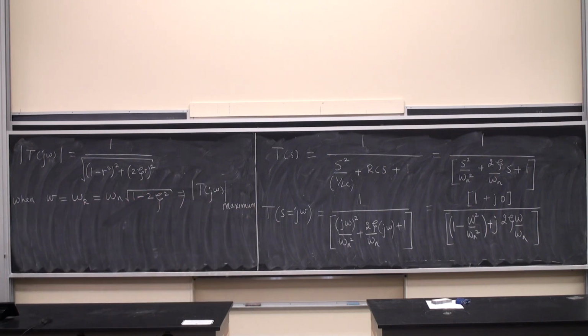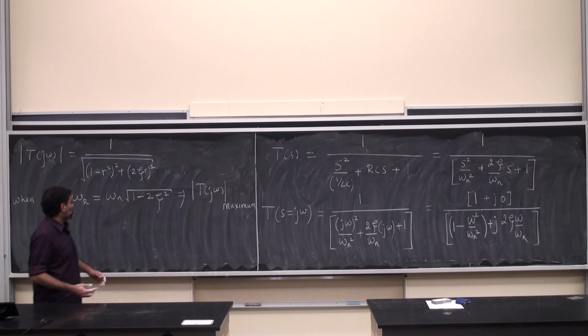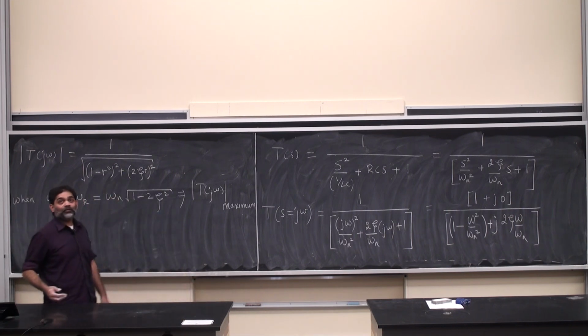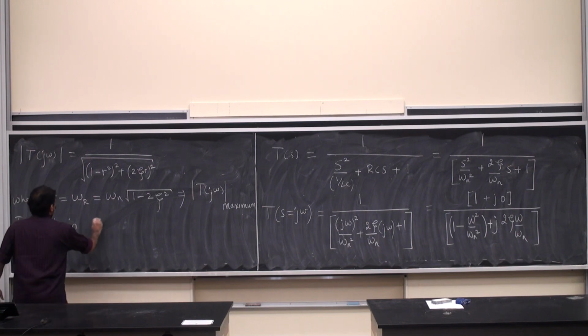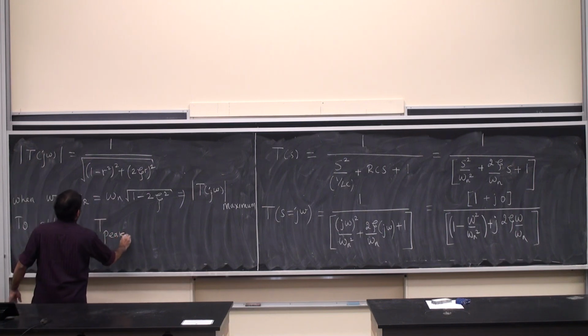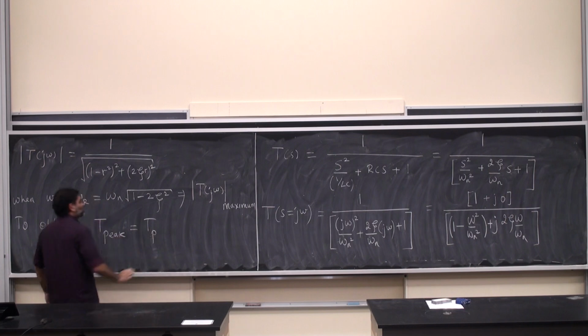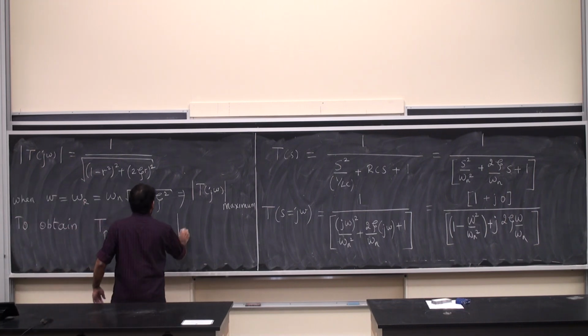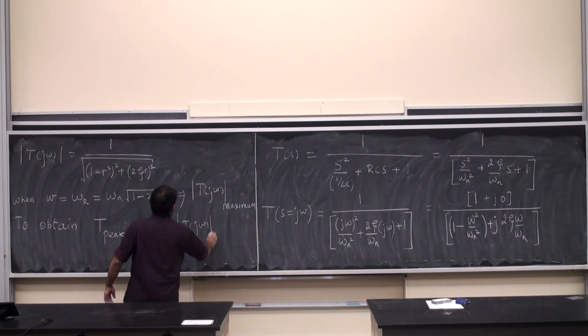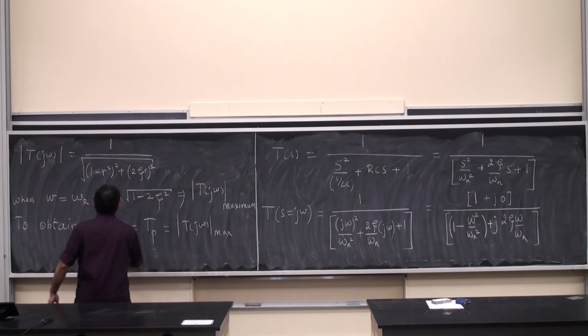I want to calculate that maximum value. How do I do that? Just by substituting omega equal to the square root of 1 minus 2 zeta square times omega n. So to obtain T peak, or T suffix p, which is the maximum, we substitute